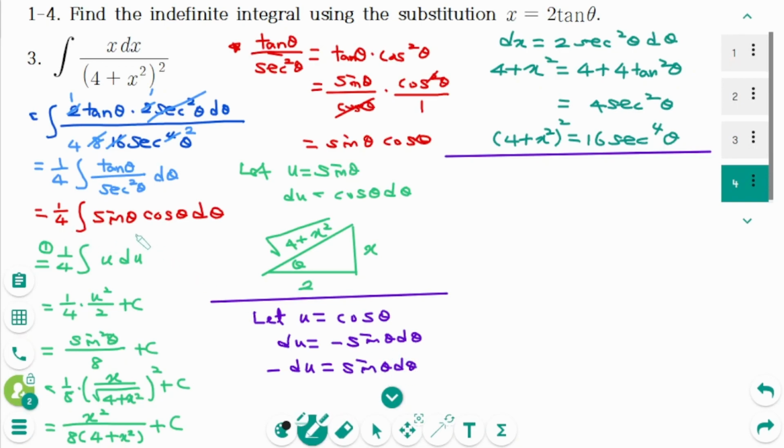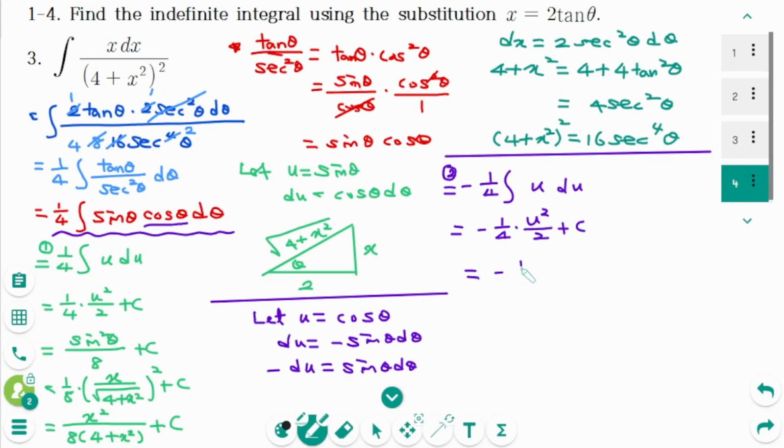So start here. 1 over 4 integral of, u equals cosine theta, then sine theta d theta equals minus du, then minus 1 over 4 times u squared over 2 plus c, then minus 1 over 8 times u squared,